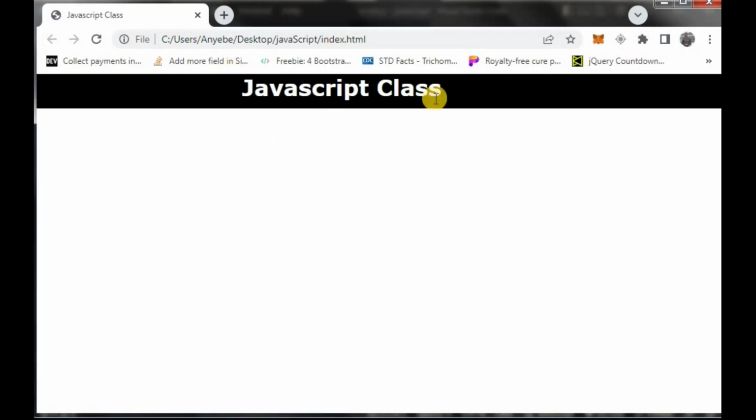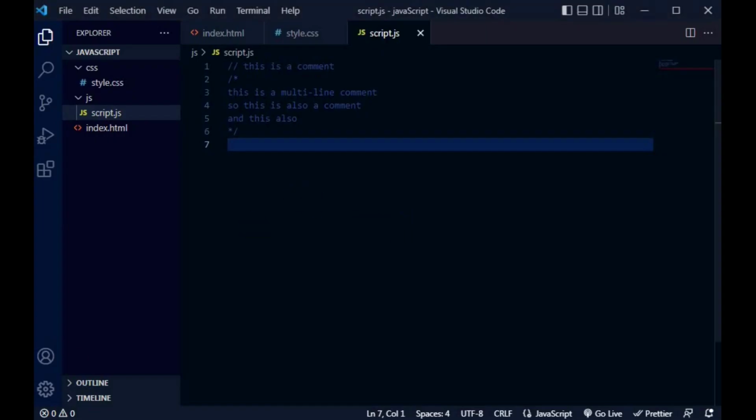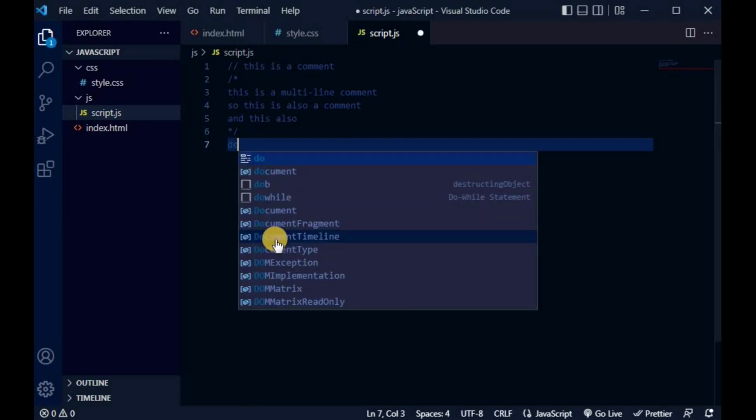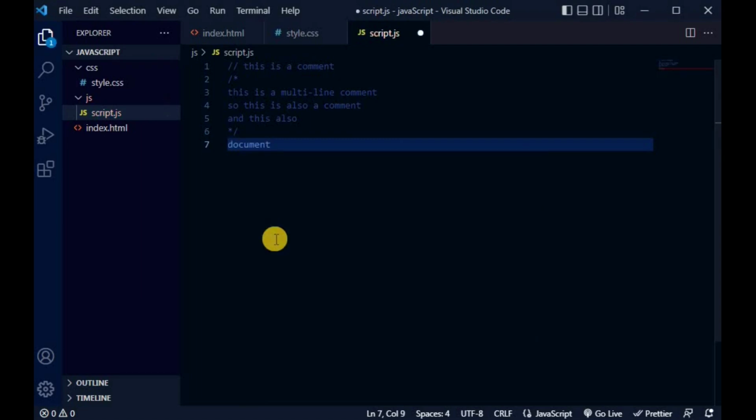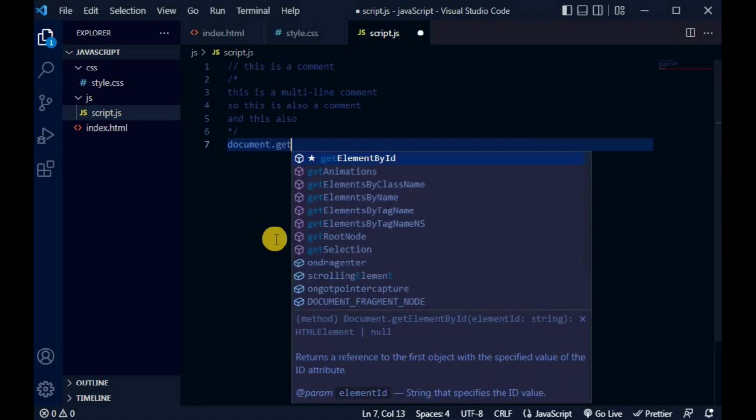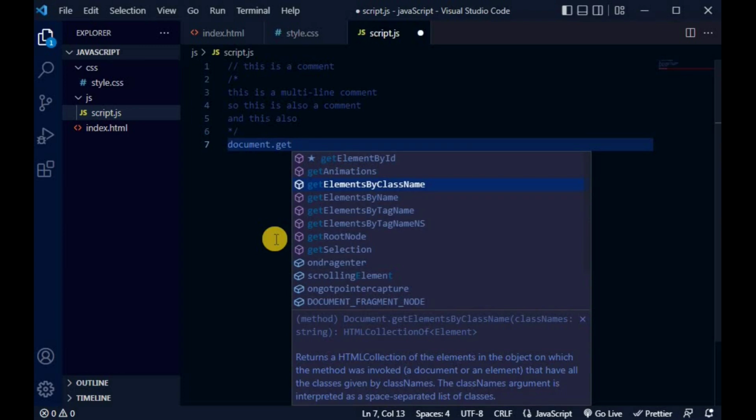So now let's say we want to print something to our page here, apart from something should display here. So how do we go about it? We could just simply say document object model get element by class name,